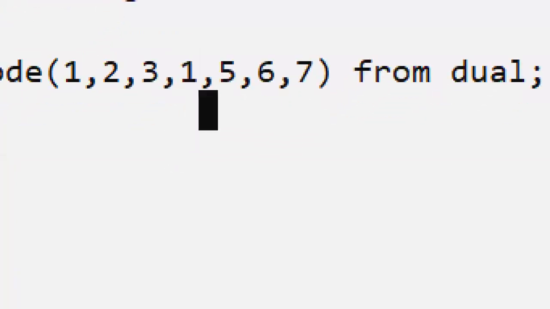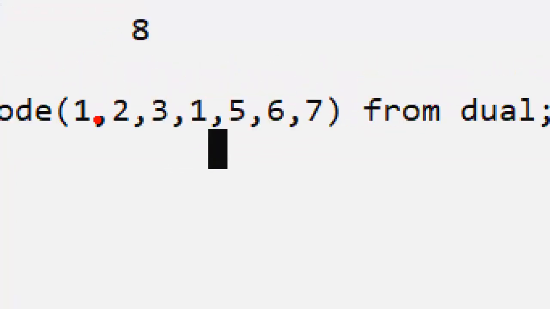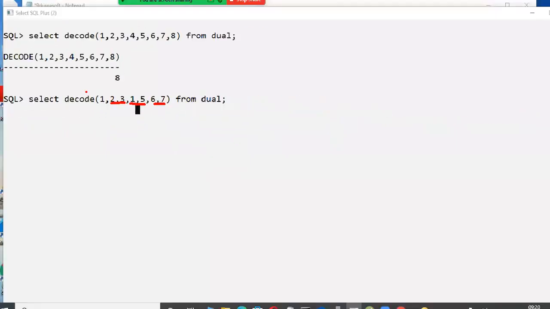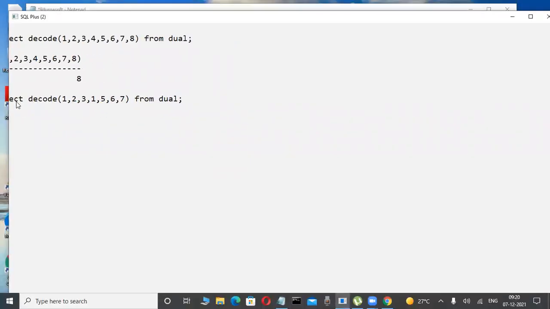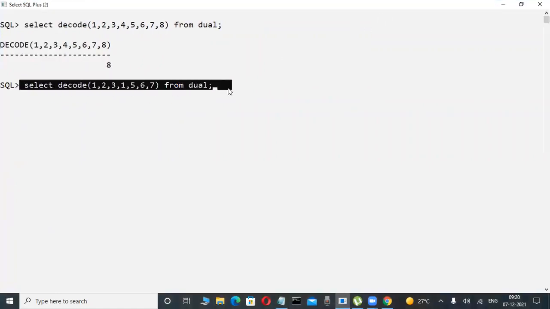Okay, so now why? Because now here, yes, 5 is output. Yes, why? Because except 1, except the first value, pairwise selected: 2 comma 3, 1 comma 5, and 6 comma 7. And observe here, very good. So many fellows are telling correct. 5 is output, correct. And now check it out. Observe the screen.